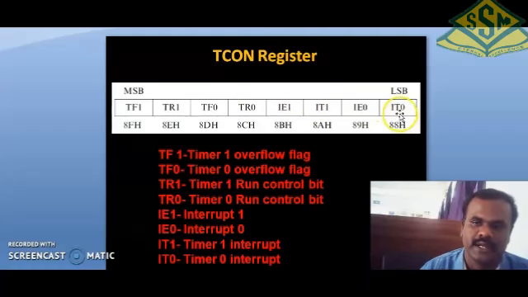Okay, so it is the IT1. What is the IT0? The 0 is mentioned with timer 0, and the 1 is mentioned with the timer 1 values. Okay, so this is the internal timer interrupt. This is the external timer interrupt of timer 0, the internal timer interrupt of timer 1, the external timer interrupt of timer 1. In timer 0, the run bit condition, the run bit will start.